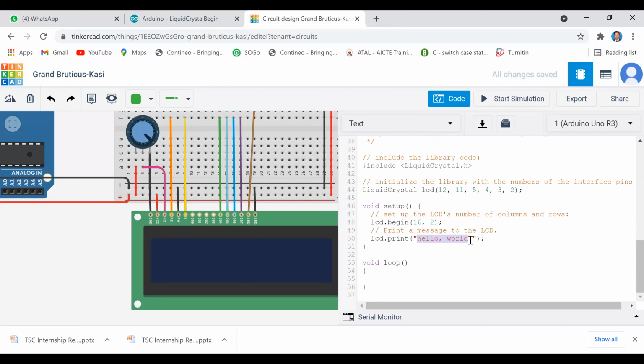See, LCD.print is the function. Whatever characters are inside LCD.print will be displayed on the LCD. That is the inbuilt function the LCD library supports. Now you tell me. Sir, till the time you don't give lcd.clear, it will keep on displaying, sir. No. Okay, let me clarify some information for you.